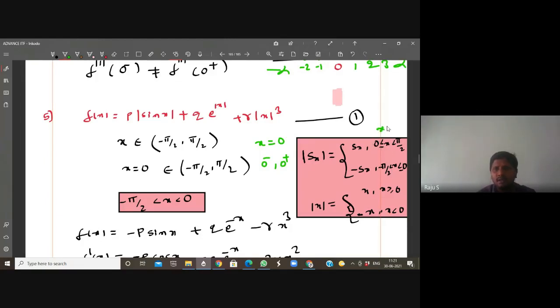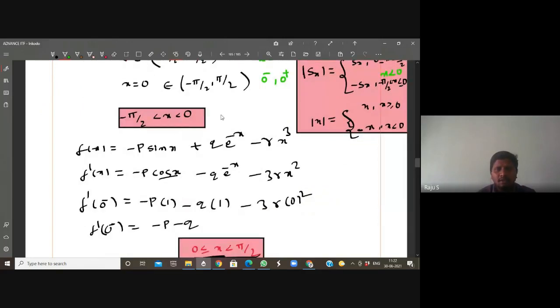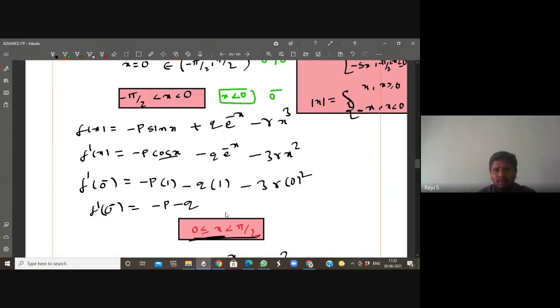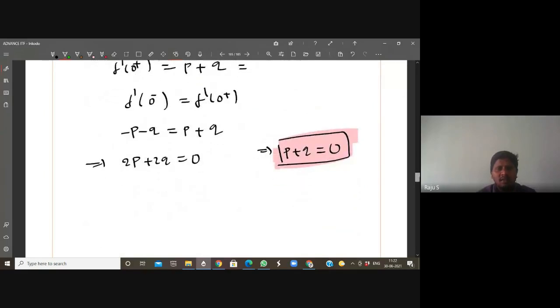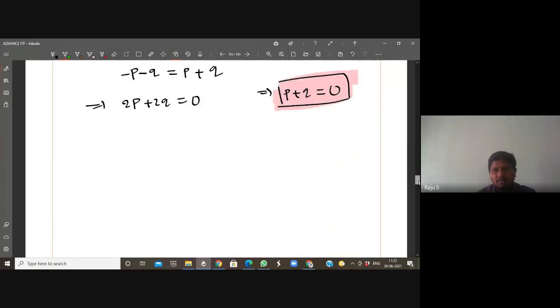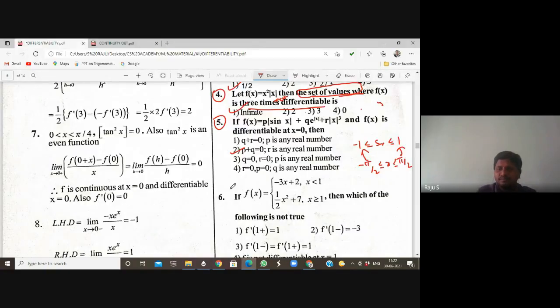You may write like this also, x greater than 0 and x lesser than 0 simply. You can write like that. So x lesser than 0, or the left side, that is the 0 minus case, and the 0 plus case. For both the cases I found the derivative, then I equated because they clearly gave that it is differentiable. So finally we got p plus q is equal to 0. Second option is correct. Next,